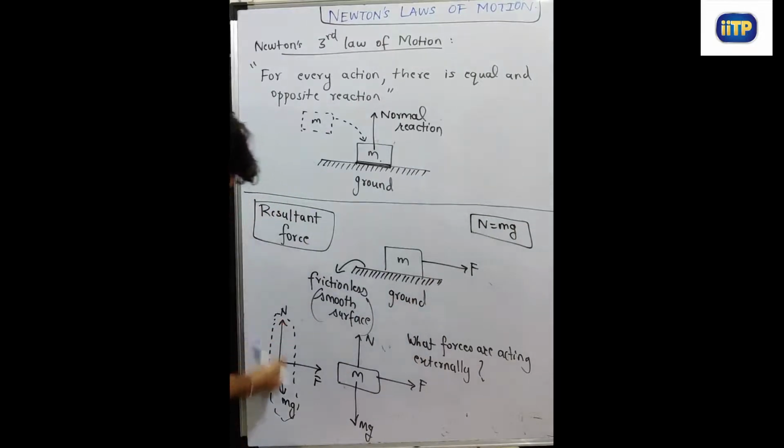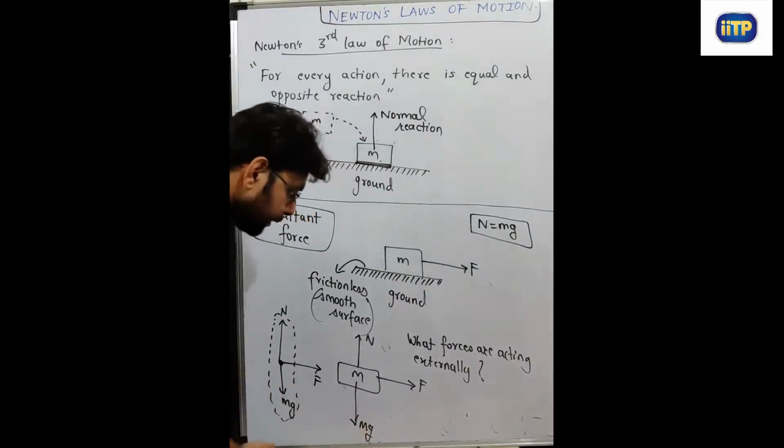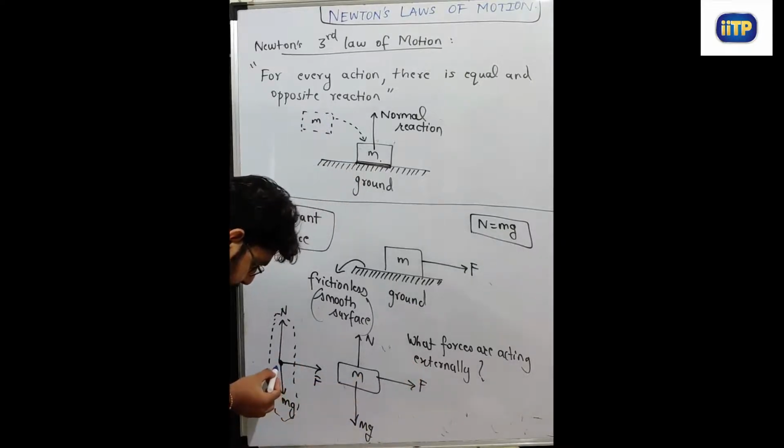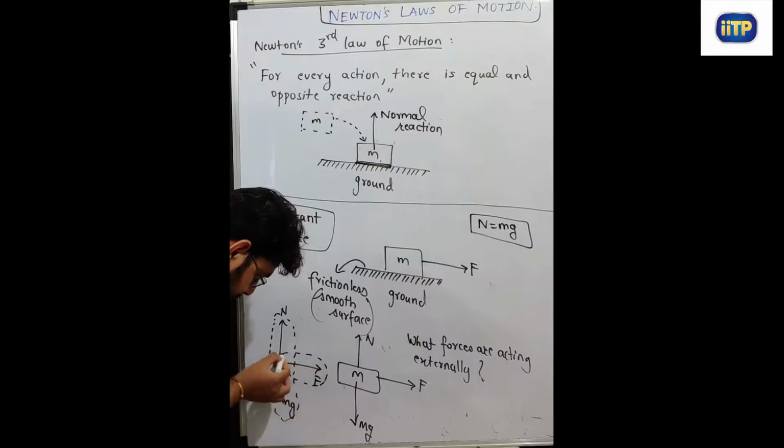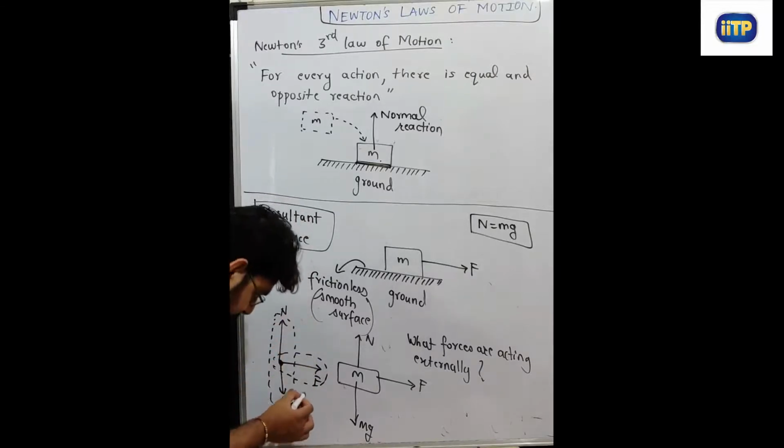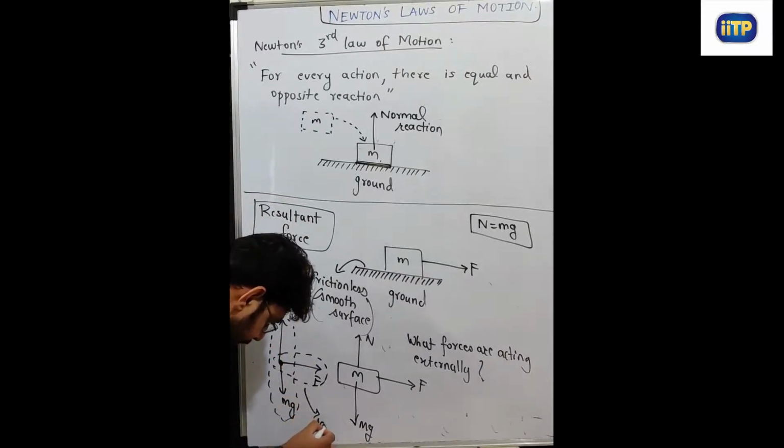So what is the net force acting? The net force acting in vertical direction is 0, right? So the only force which is supporting the motion of the body is this F. So what is the resultant? The resultant is this F. This is called the resultant force,